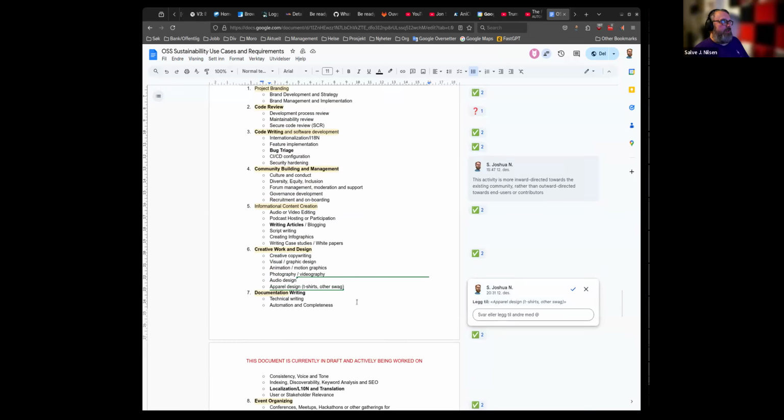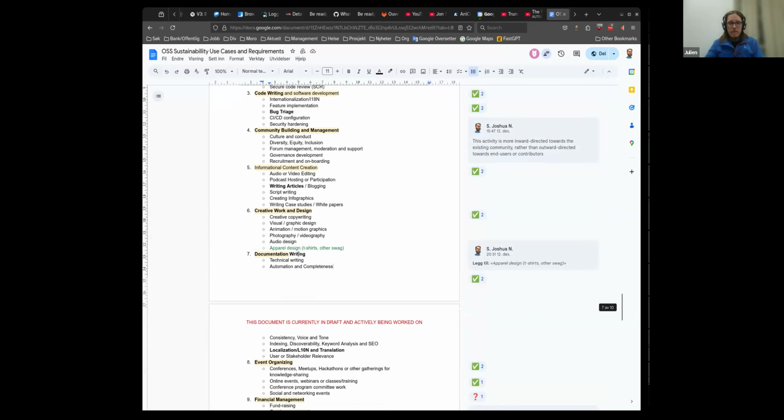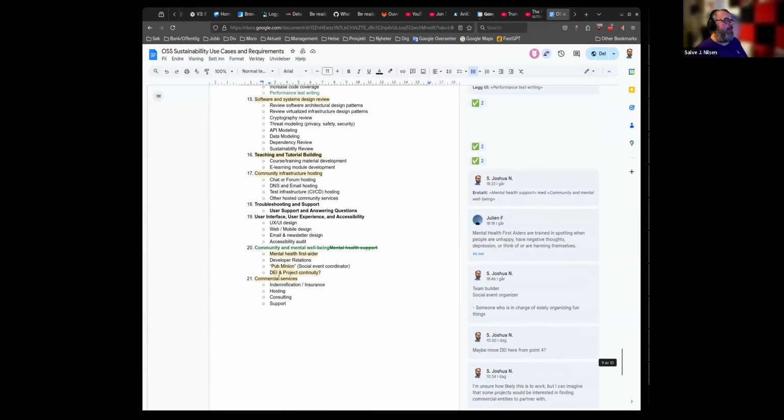It's a question about redundancy in the spec. I don't know. Should we call it something different? What was it? It was community and mental health, right? No, community and mental well-being. Mental well-being, okay. So this is more about making people feel happy. It doesn't have to be creating policies or having a structure.